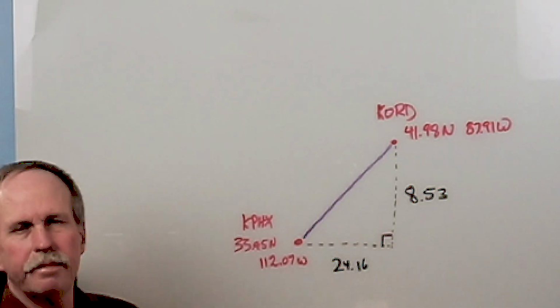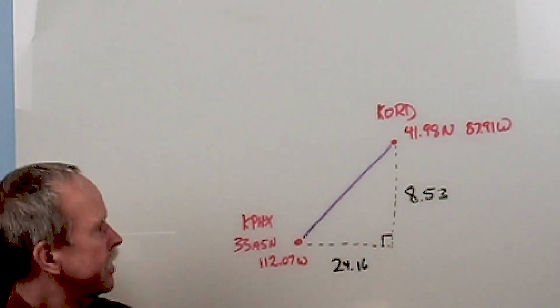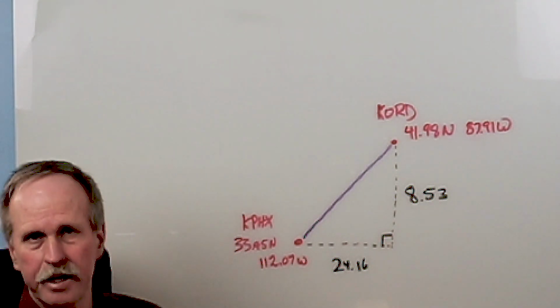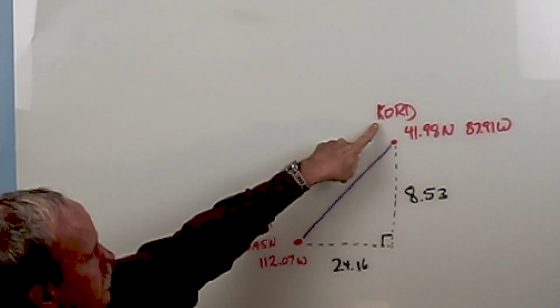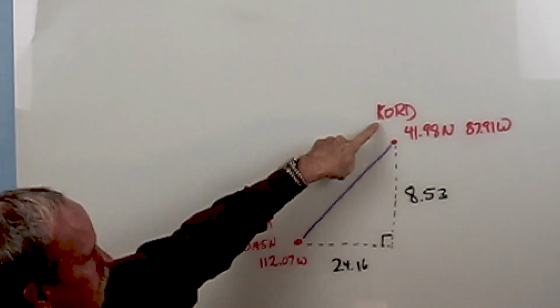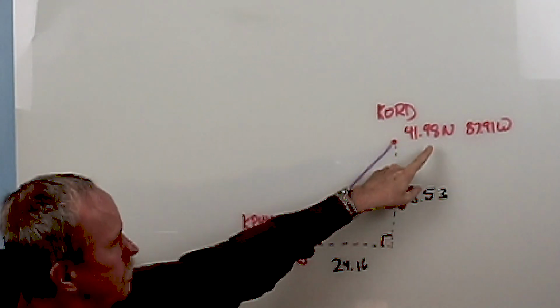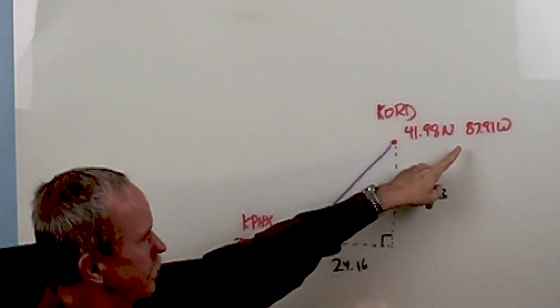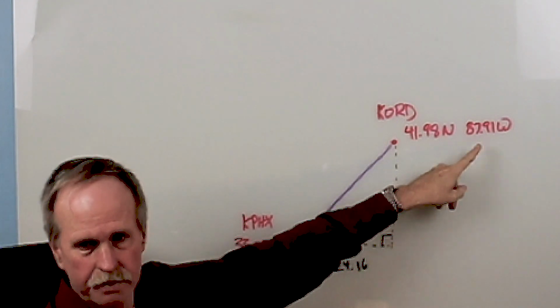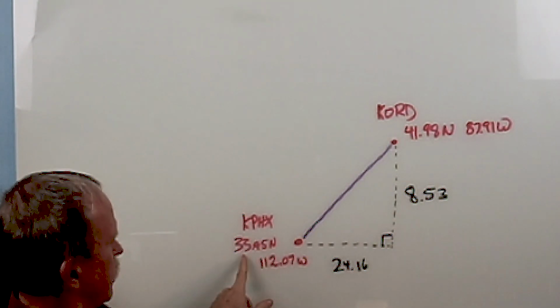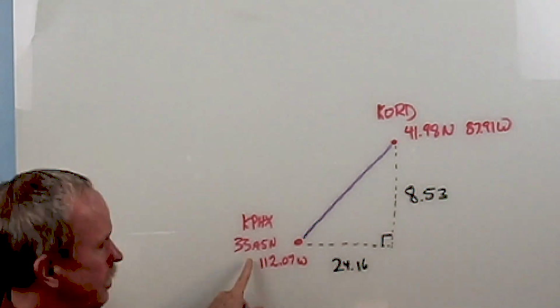Okay, so let's go ahead and have a look at the schematic of this problem. I find drawing a picture is very easy for me to understand, and hopefully that'll help you some too. So here is Chicago O'Hare. It's located at 41.98 degrees north, 87.91 degrees west. Here's Phoenix. It's at 33.45 north and